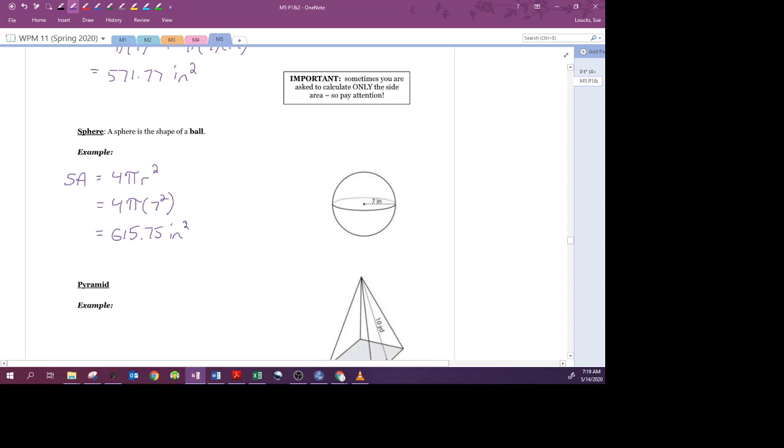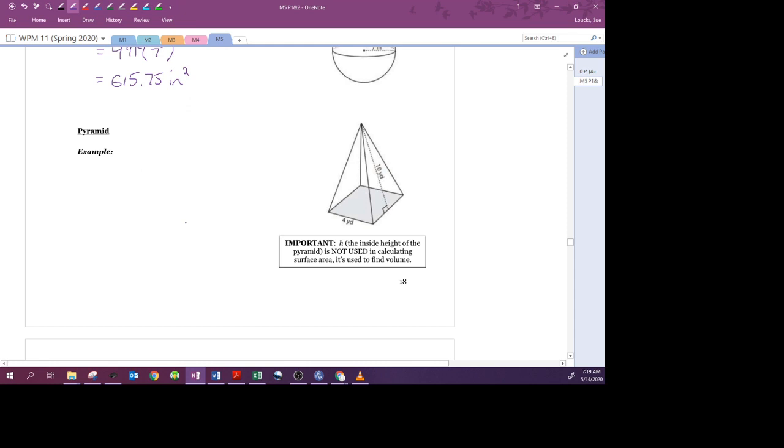And last one for this part is the pyramid. And it has a formula as well. Surface area equals 2bs plus b squared. So the b squared, oh, this is specifically a square-based pyramid,